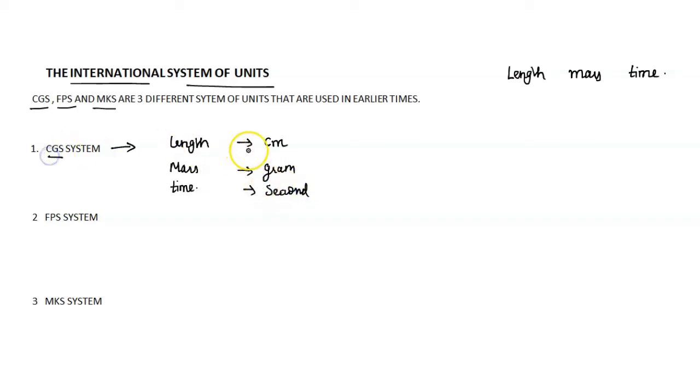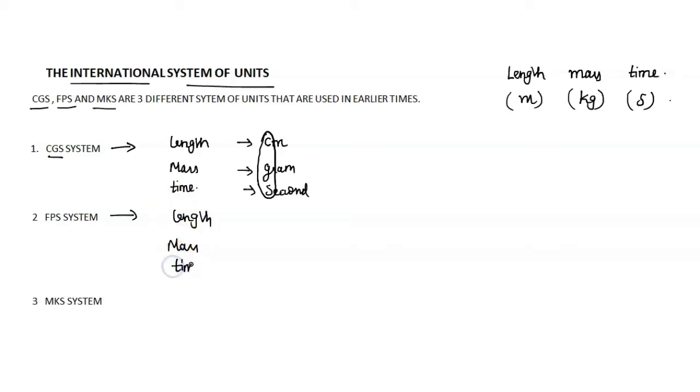So the name comes CGS. Similarly, in FPS system, we initially consider length, mass, time. We know that length is considered in meter, mass is in kg, time is in second. But in FPS system, the units for length, mass, time are: length is in foot and mass is in pound and time is in seconds. So the name comes